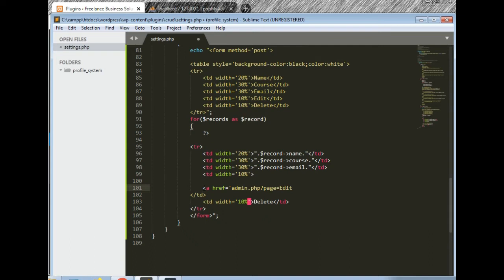Our page is settings, settings.php, page is equal to settings.php, and inside settings page is equal to CRUD,